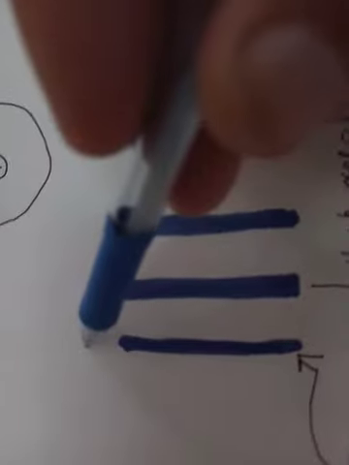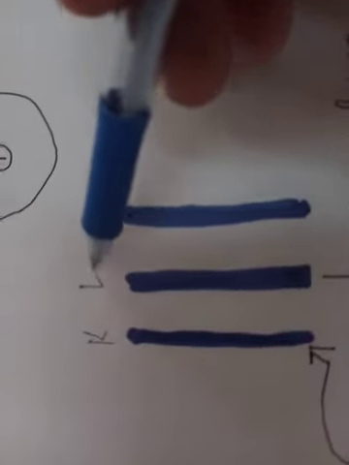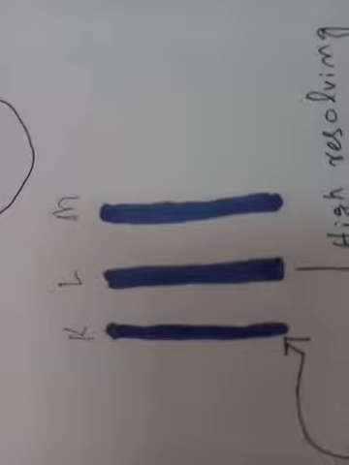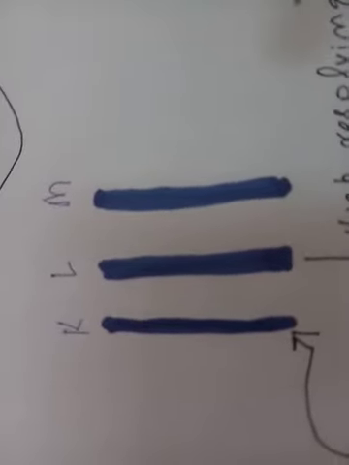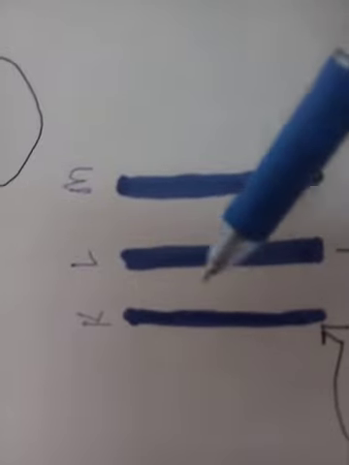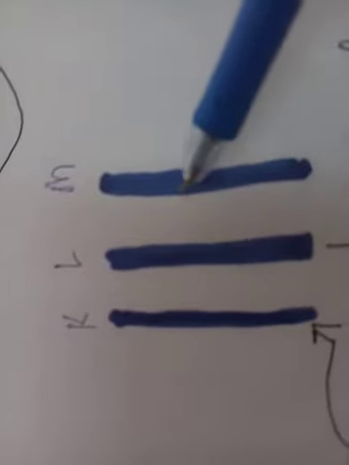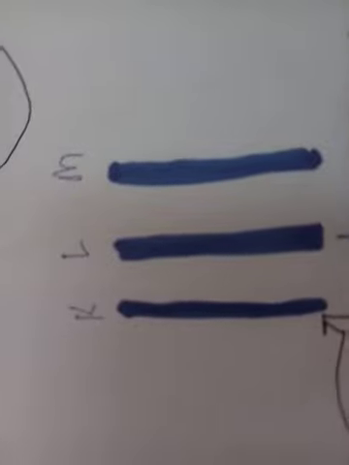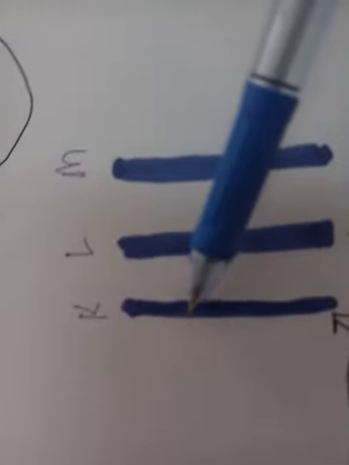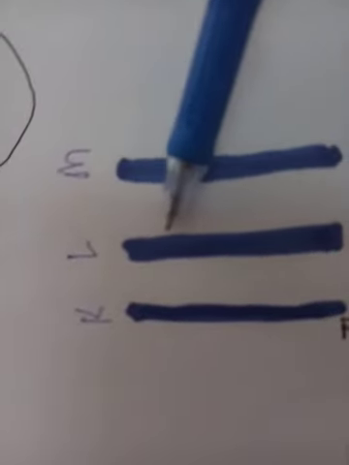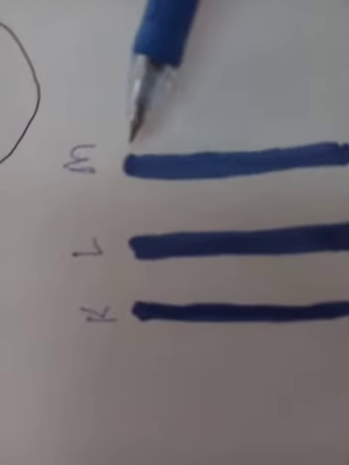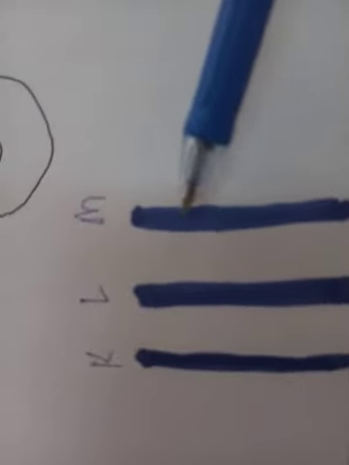For example, this may be for the K shell, this indicates the L, let's say this indicates the M. These thick lines were obtained by Bohr, and he said that when the electron comes back to the K shell, we get this line. This line is obtained when the electron jumps back to the L shell. This line is obtained similarly from any other high energy state. When the electron jumps back to the M shell, we get this line.